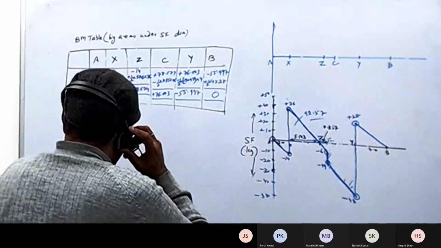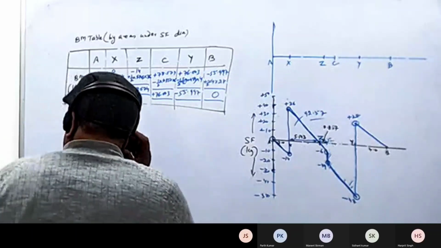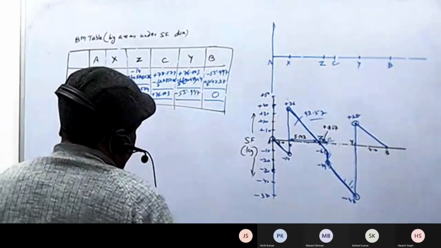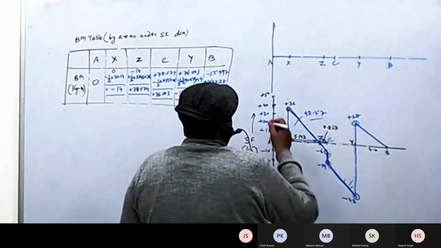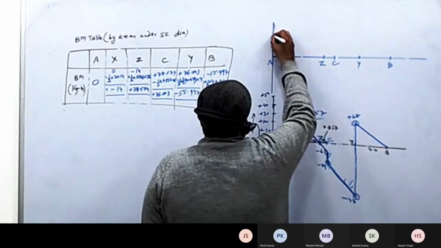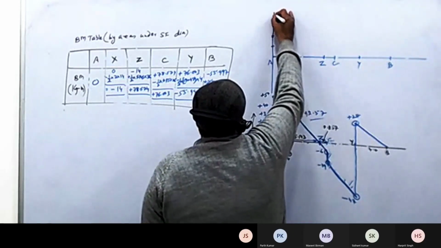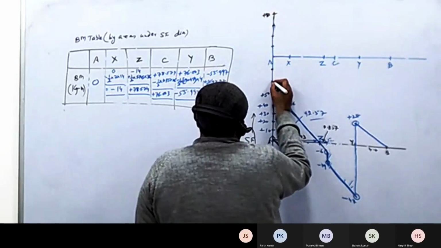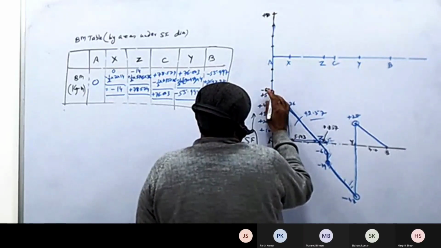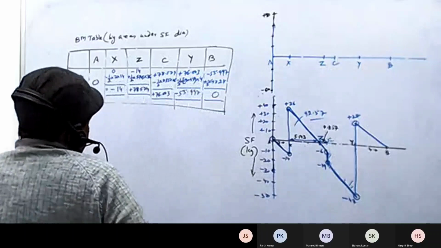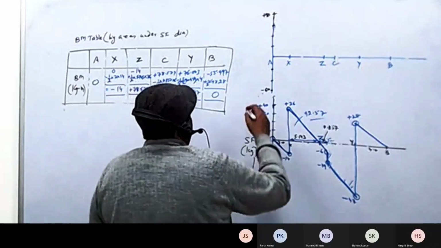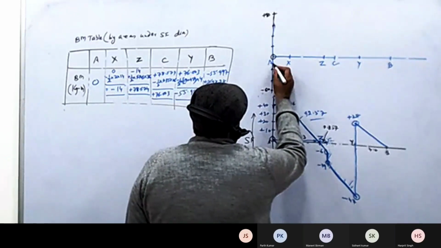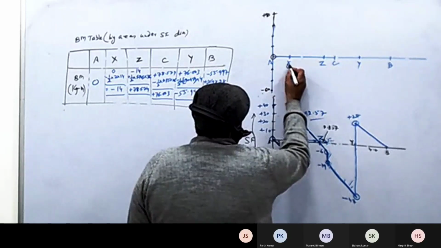Okay, we have it from +80 to -55 or so. So we just mark these points: +20, +40, +60, +80, -20, -40, -60. Let's first put the points. 0 out here, it's -14, so 10, 14 somewhere here, -14